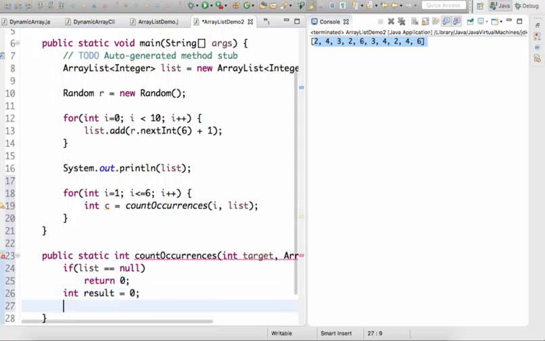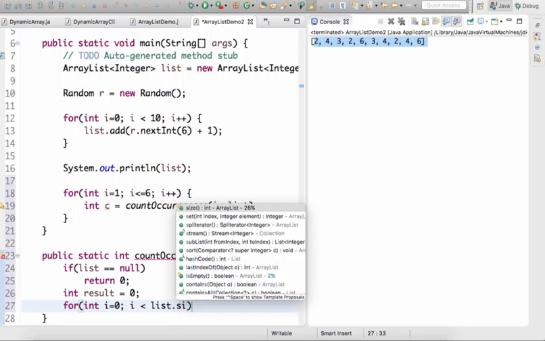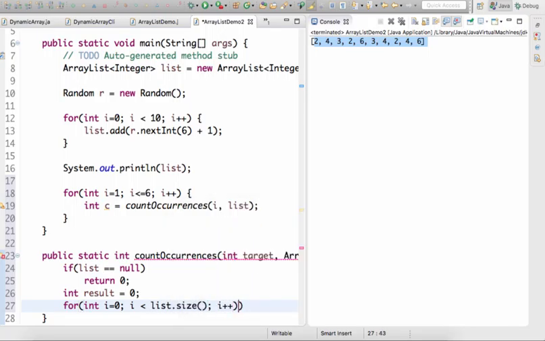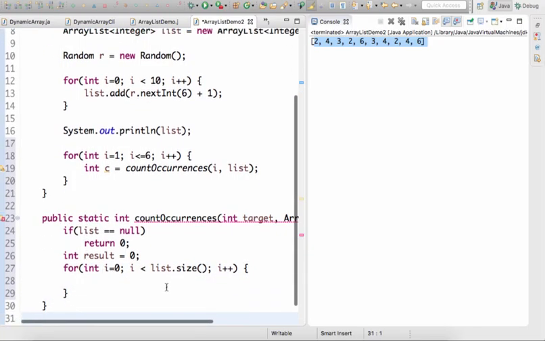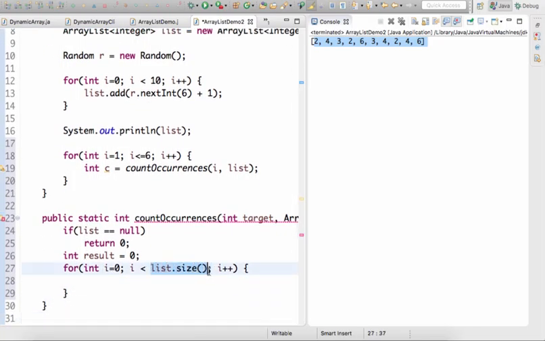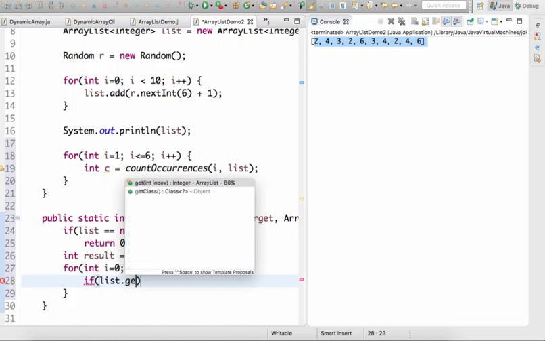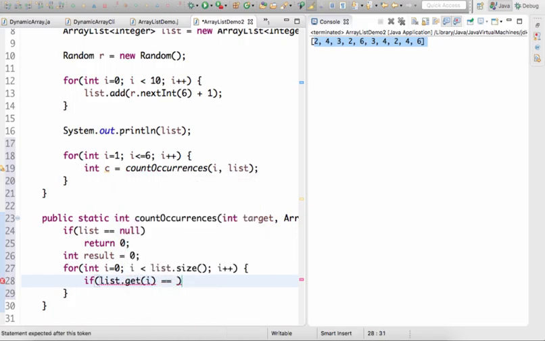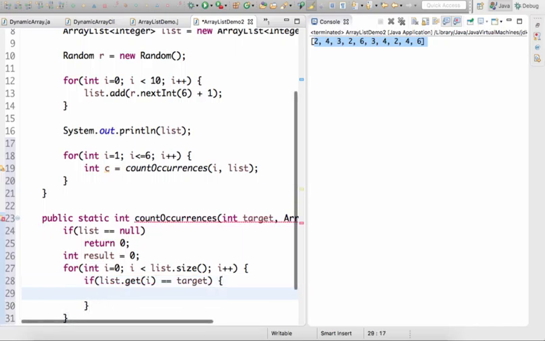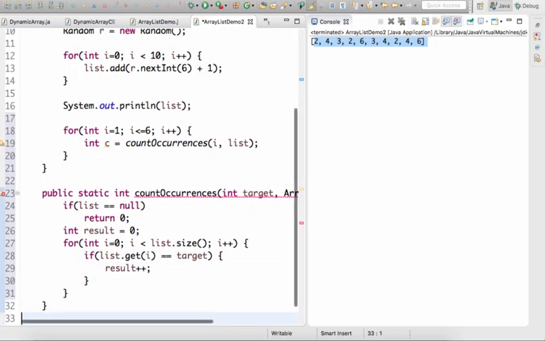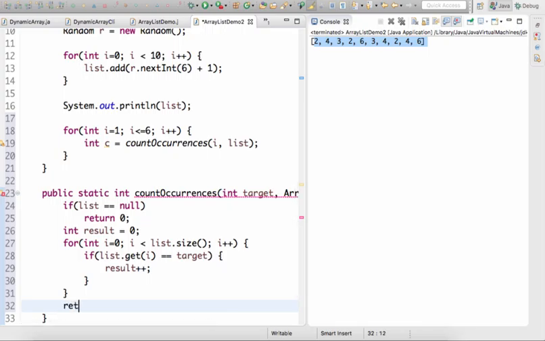Otherwise, count how many times target is present in the list, which you do using 0 to size. Now please note that unlike an array where the number of items is given by array.length, in an array list the number of items is given by list.size. If the item at index I is in fact equal to target, then you found another occurrence and result increases. When you've checked all the items, we return this result from the